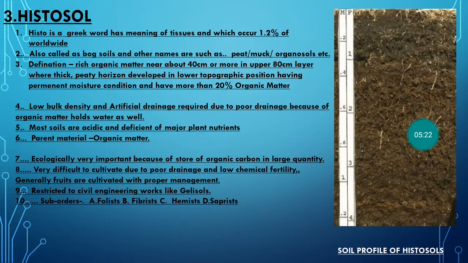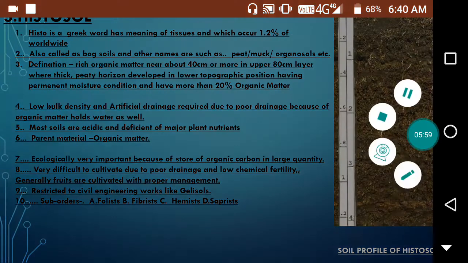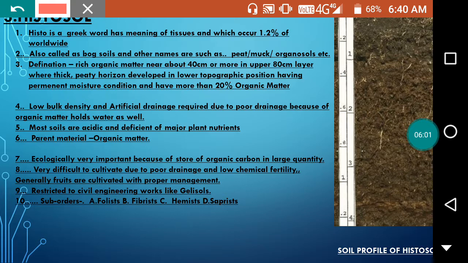See the profile here, Histosol, and we will now discuss the characteristics of Histosols. Histo is a Greek word which means tissues, and Histosols occur 1.2% worldwide. There are other names also, and Histosols are also called bog soils. These are also known as peat, muck, and organosols. These are the other names, also called bog soils. And the definition is given that Histosols are soils rich in organic matter. These soils normally contain, within 80 centimeter length,